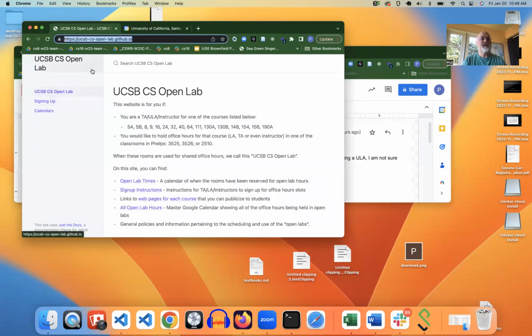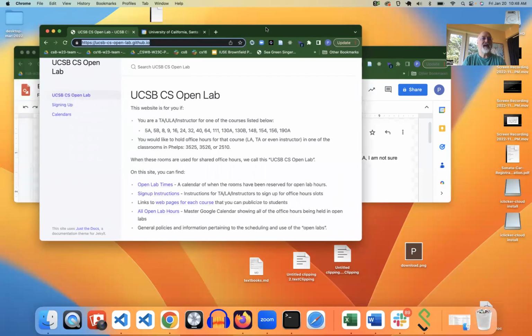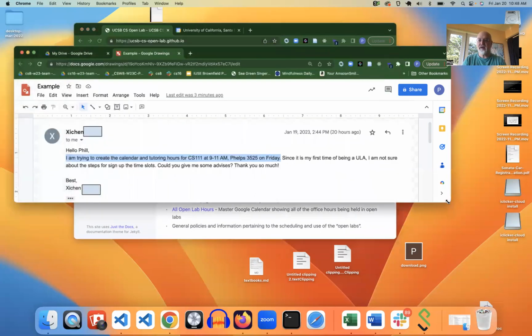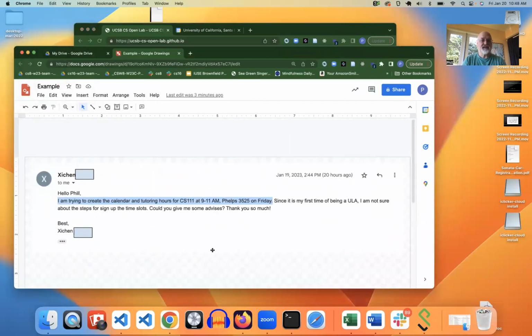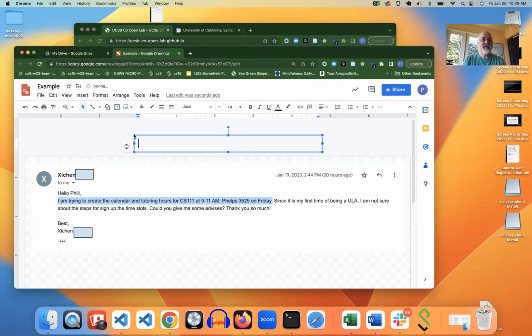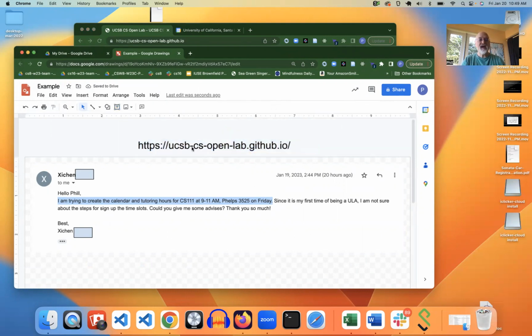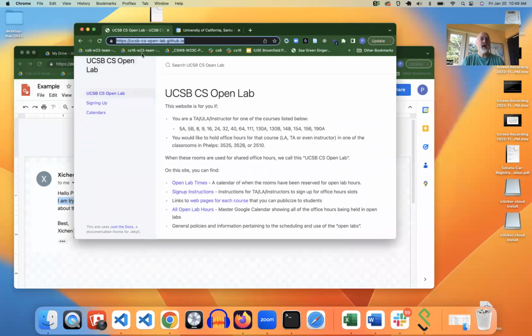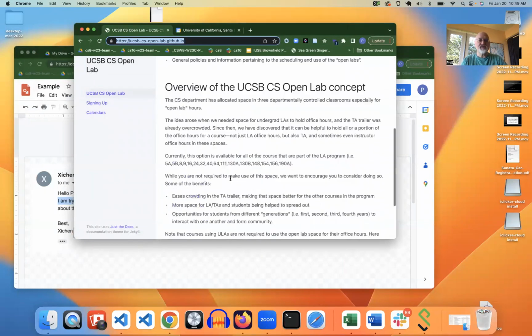Lab.github.io. So this is the link, and let me make that very clear here. I'm going to go over to this example drawing and paste that in. Let's paste that in up here. And so there is the link that you want, and I'll make that nice and big so it appears in the video: UCSB-CS-open-lab.github.io. If you go to that website, and here's the website, you'll see that there's some instructions, an overview of